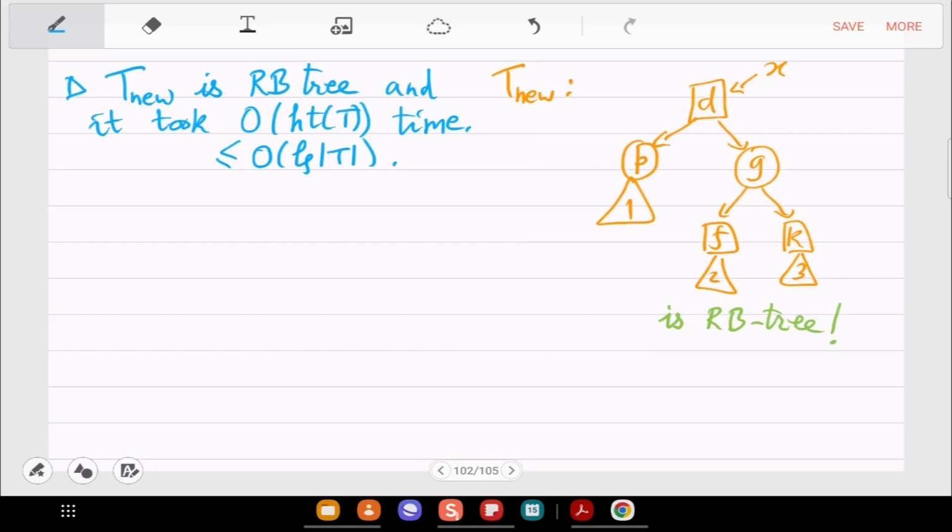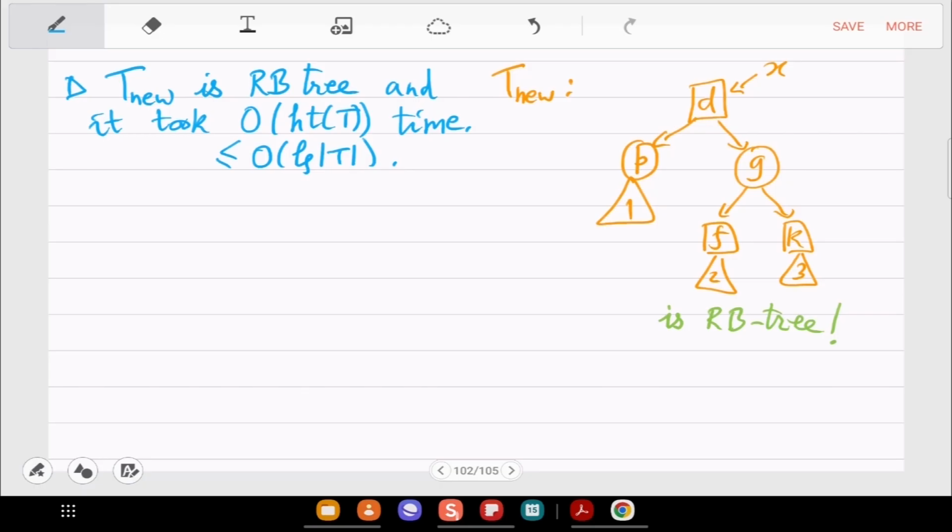Okay, so why did it take only height T much time? Because locally we were working with very, very small structures, changing the pointers, so that is constant time. And when you searched, you have already spent time height of the tree. So you search, you insert, and then in the color imbalance, if you propagate the problem upwards to the root, that again is height T.